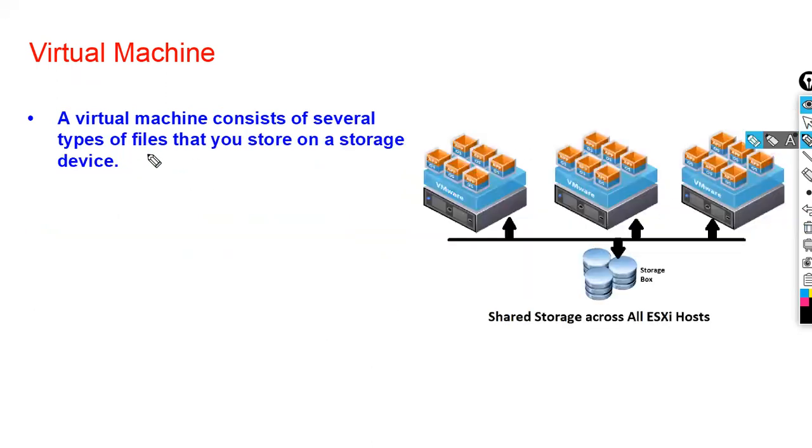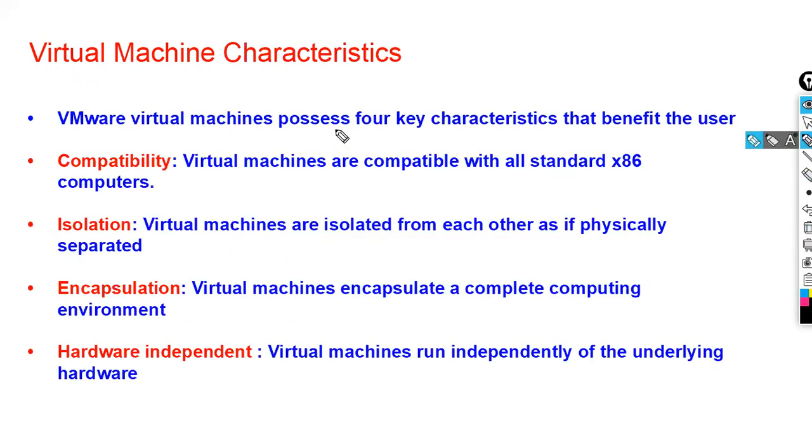So a virtual machine consists of several types of files that you can store on a device. So you will store these files in the storage. You can store on a storage device. So it is having the characteristics like compatibility, isolation, encapsulation, and hardware independency. Compatibility